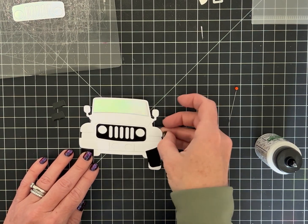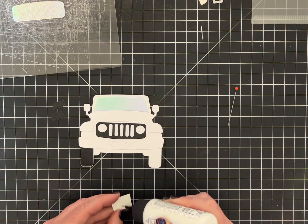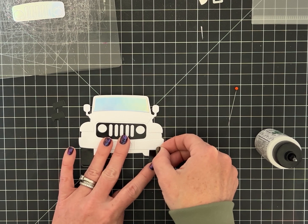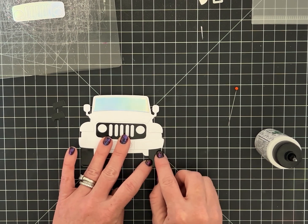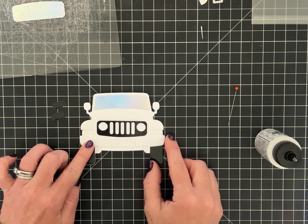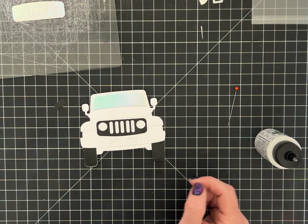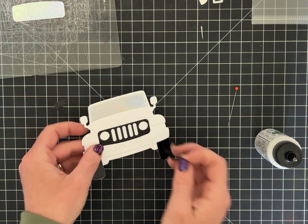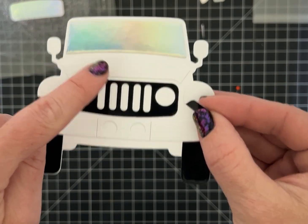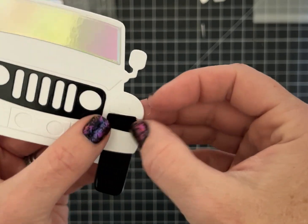I'm kind of doing this quickly, so I hope that it gets laid down fairly straight, but there's a chance that it could be a little crooked just because I can't look at it very closely because I can't zoom in that much, but you'll get the basic idea. Okay, so then I just have the top of the tires left, and I'll kind of show you how it's looking so far. See, there's the hood and the bumper. And then you're going to place